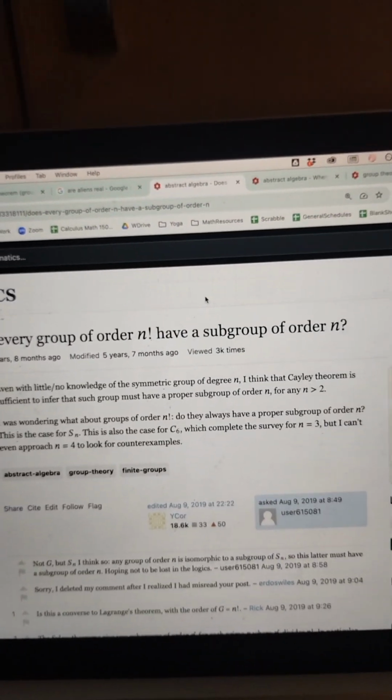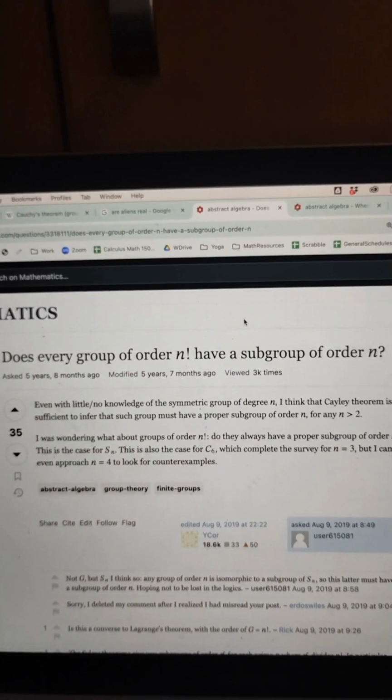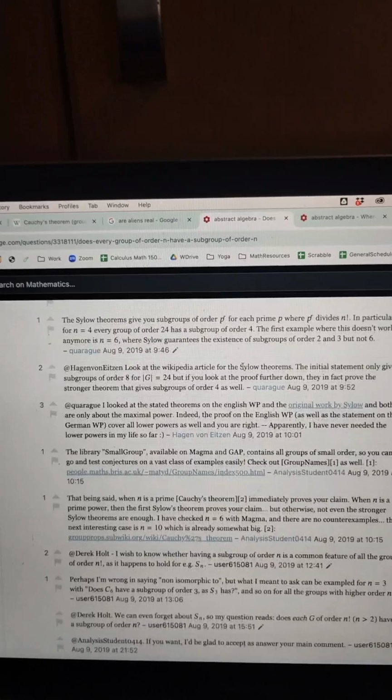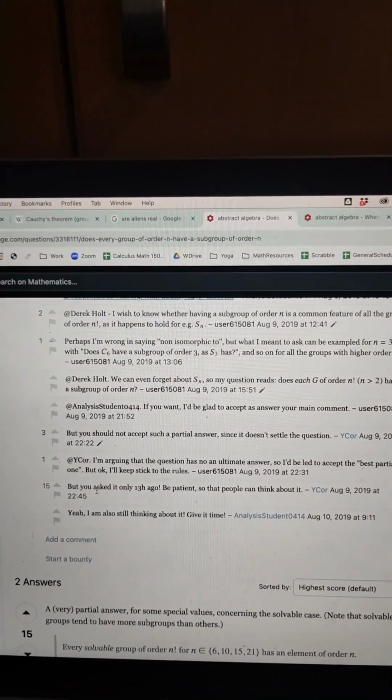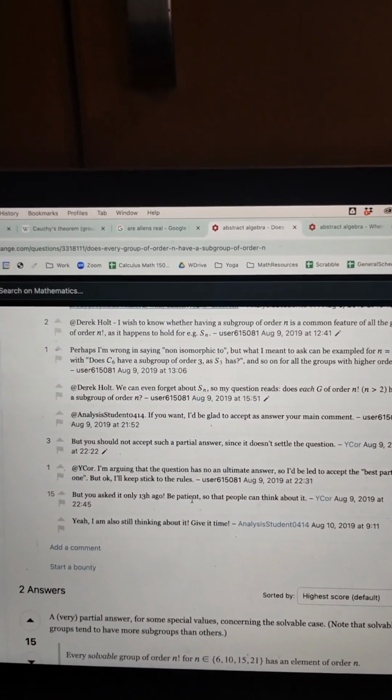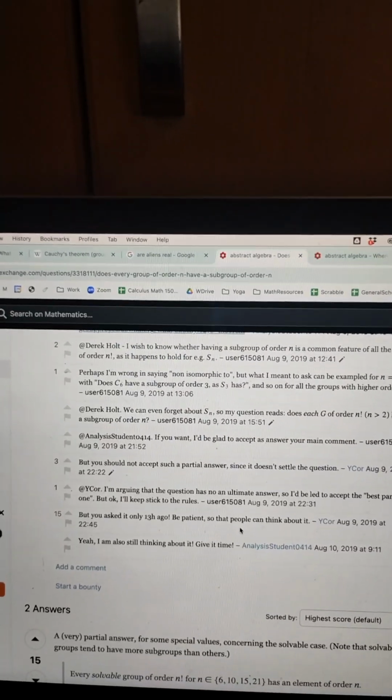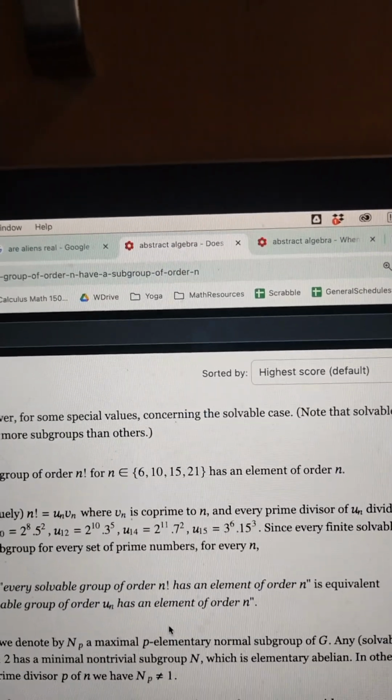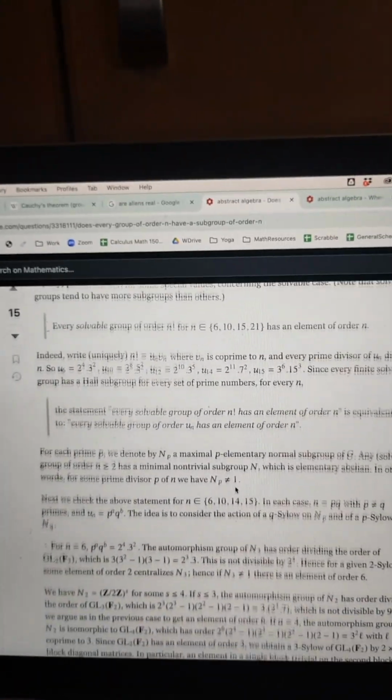And this user who posted the question kind of said what they knew, and there was some interesting initial discussion. In fact, the original poster got a little impatient and wanted to accept an answer before people had a chance to think about it. And if you keep looking down the page, people really thought about it. Like this person thought about it and gave a partial answer, right? They did some cases where n is one of those 4 numbers. They did a lot of work, and this is all original math. This is not like someone looked something up in a book. This is somebody working hard to just help some stranger on the internet with a pretty tough math question.